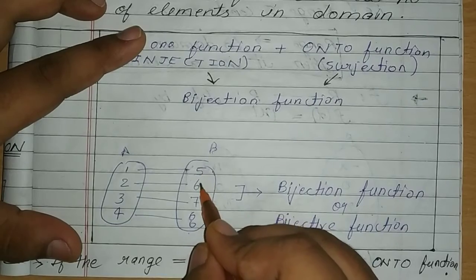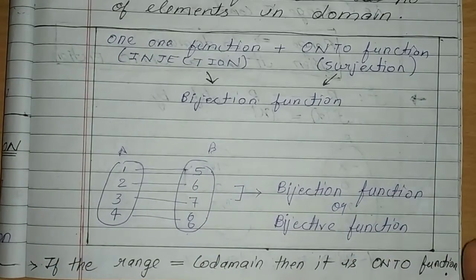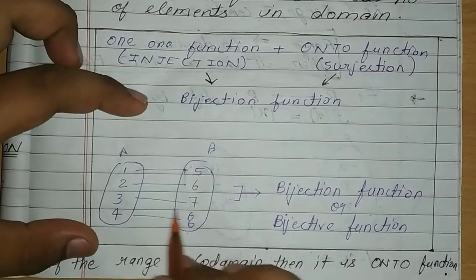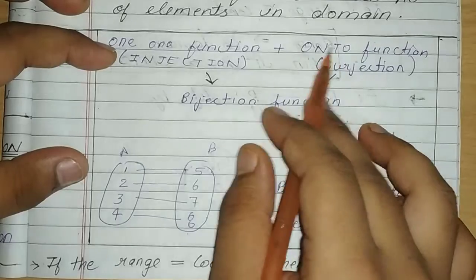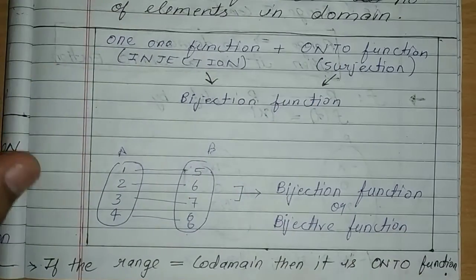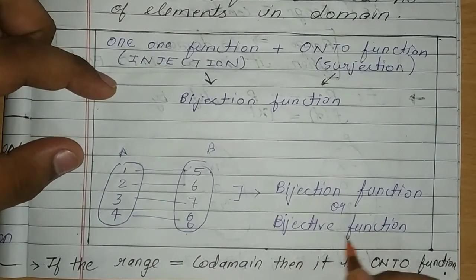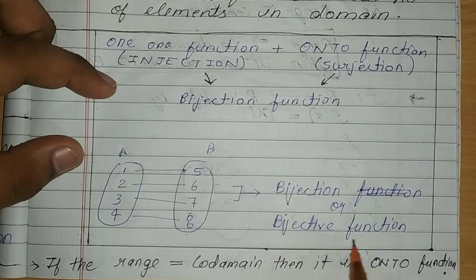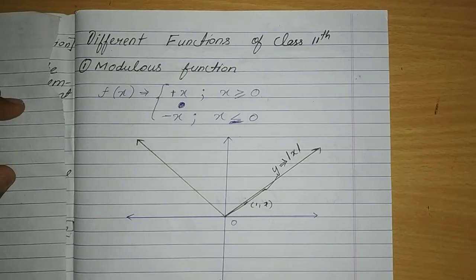कैसे बताता हूँ, 5, 6, 7, 8 कोडोमेन में रेंज भी 5, 6, 7, 8 है। वाओ, व्हाट अ नाइस एग्जाम्पल, मतलब कोडोमेन के बराबर आ गई। अब ऑन टू भी है, 1 भी है, तो इसको अपन बाइजेक्शन बोल सकते हैं। इसको भी दो नाम है, बाइजेक्शन और बाइजेक्टिव फंक्शन। सो गाइस, वी आर मूविंग टू अवर नेक्स्ट टॉपिक।